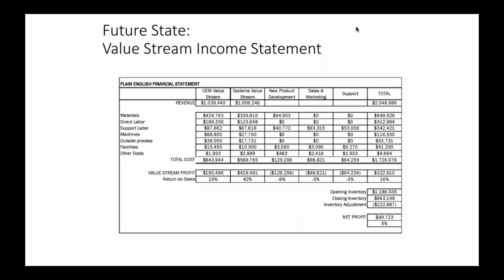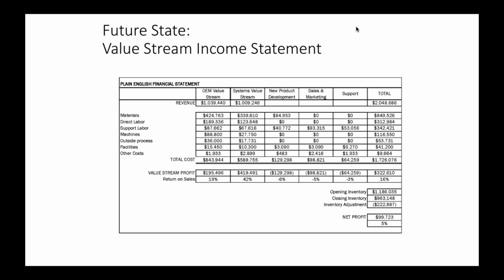So let's look at period 2 in the context of a value stream income statement. We don't have period 1 here. We're just trying to understand period 2 and why the profit is much less than period 1, even though revenue is greater. So first of all, if you look at the total column on the right, you see our sales,